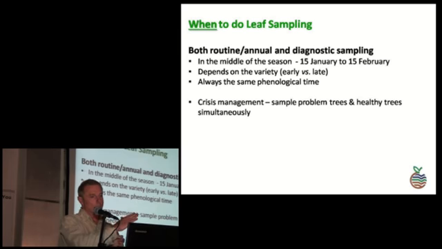So I would suggest that you look at your orchard, look at the time of season. If you have an earlier season, then obviously you want to take your samples a week or two earlier than the previous season that was a later season. Roughly, the date I'd give you is between the middle of January and the middle of February, and within that period,